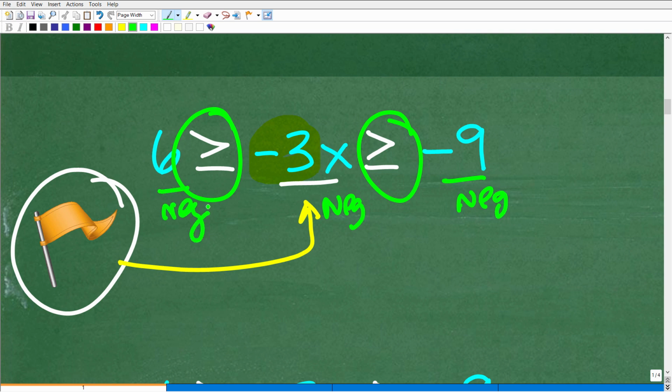But I'm thinking to myself, when I write my answer, I'm going to have to flip these inequality symbols. I'm going to have to reverse them. And this is the step that a lot of students know to do, but they forget to actually write that. Matter of fact, they're saying to themselves, okay, reverse that, and then they just don't actually write it. So, this is